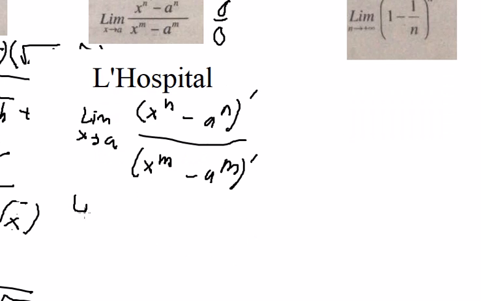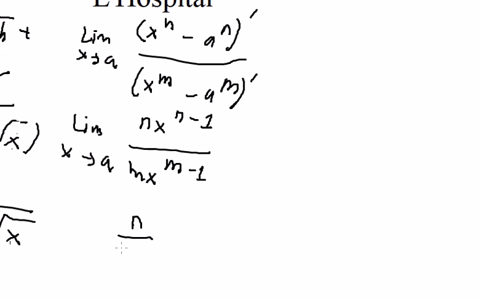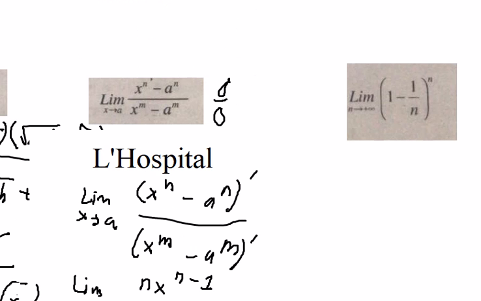So now you get n multiplied with s to the power of n minus 1 over m multiplied with s to the power of m minus 1. So we put a in here, so you get a to the power of n minus 1 over a to the power of m minus 1, and the negative 1 terms we simplify. Next,